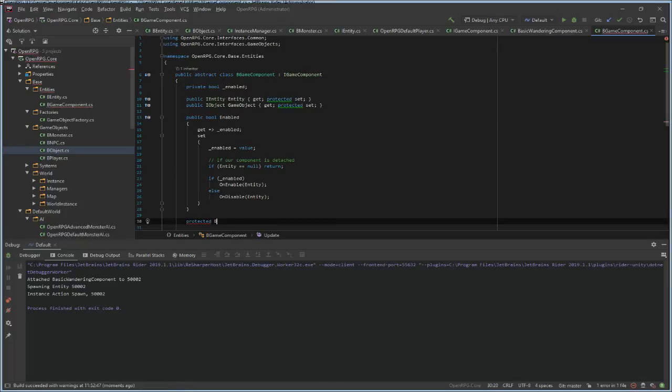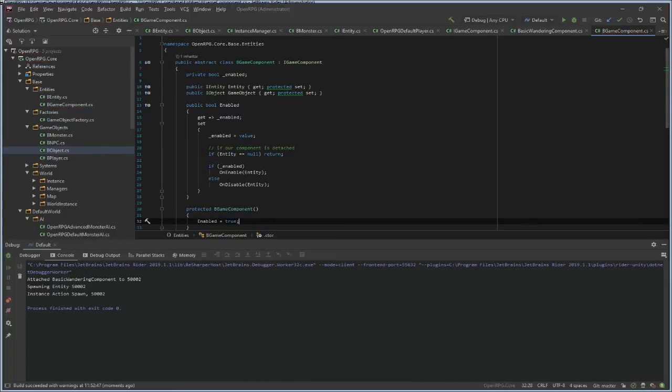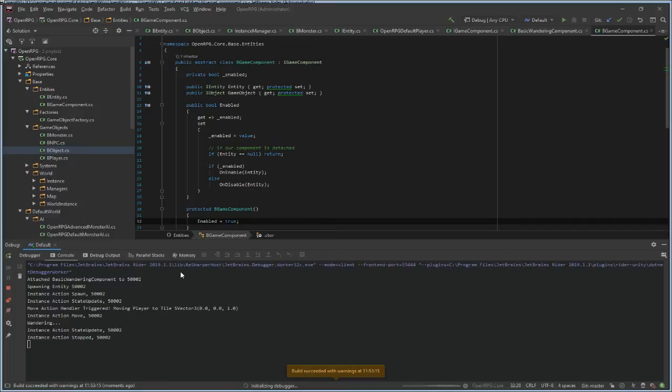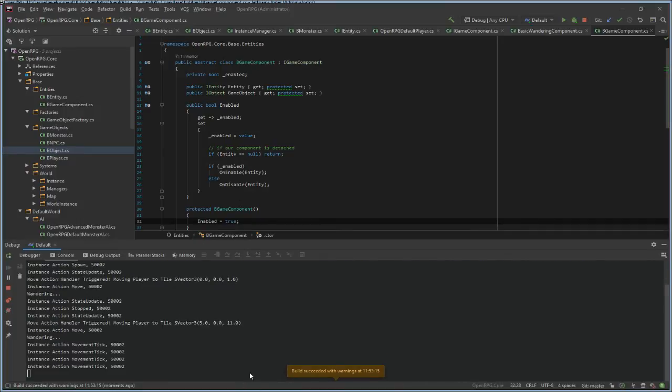Protected, the game component enabled equals true. Yes, so it's working now. Great.